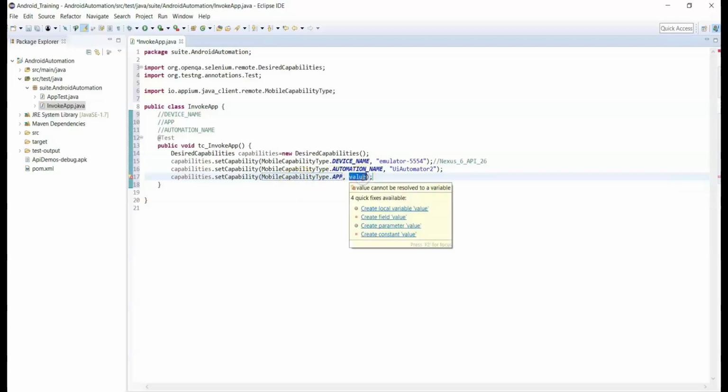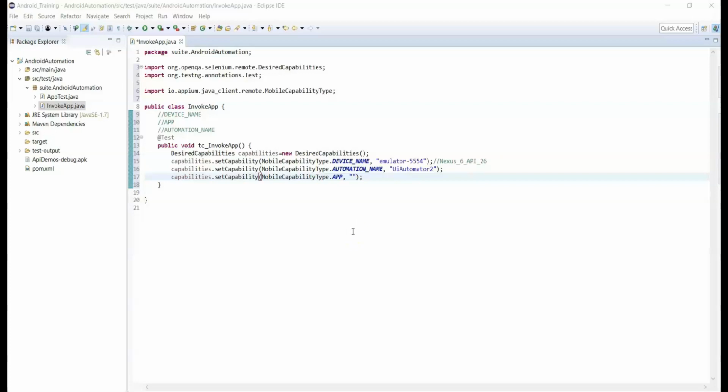So here we need to pass the path of APK file, that is app file. We are going to use API demos app. This app was officially developed and released by Appium developers because it has a lot of UI functions, and also it contains all the native gestures or events which can be available in any mobile applications.